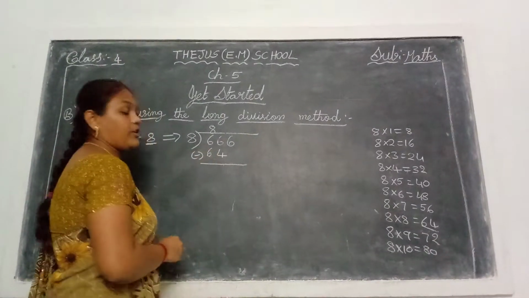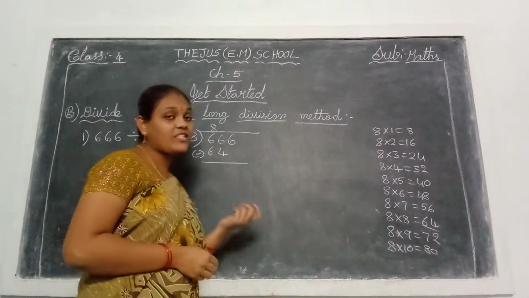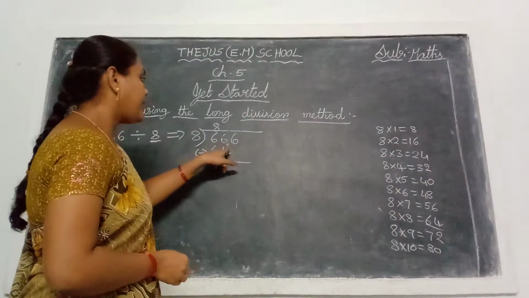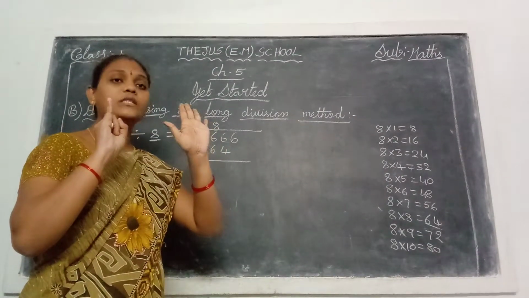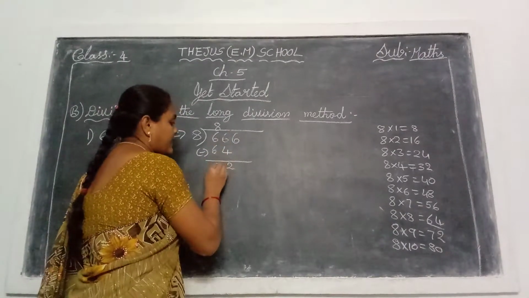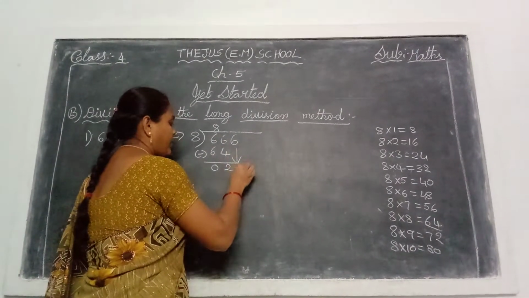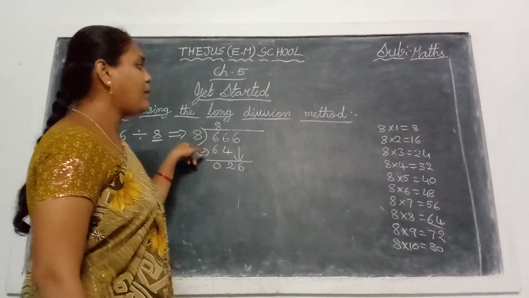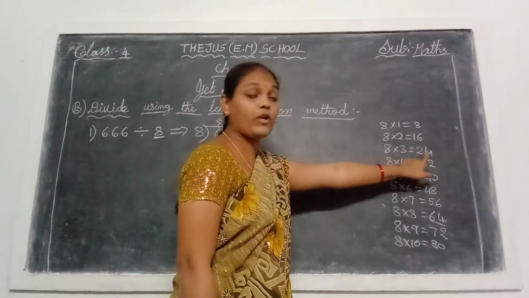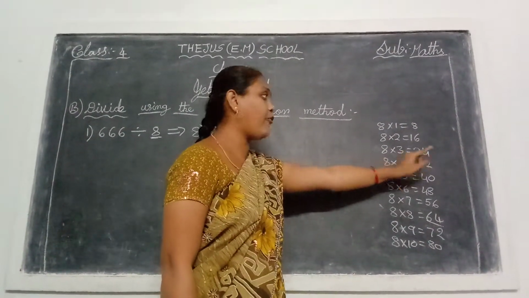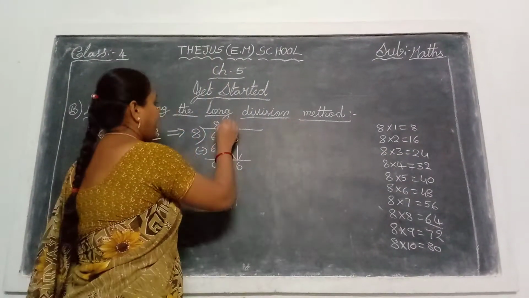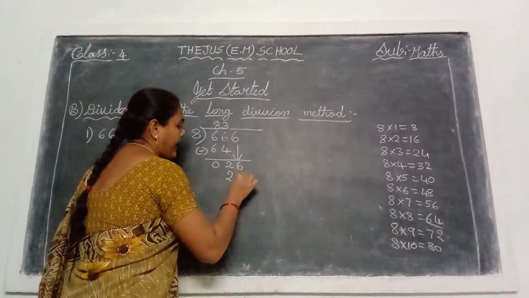Do the subtraction. Already explained that. Repeated subtraction is called division. Yes children? Now you do the subtraction. Take 6 fingers, close 4 fingers, remaining 2. And here 6 minus 6, 0. And write this 6 here. 26. So is 26 in the 8 table, children? No. So the nearest smaller number is 24. How many times in the 8 table is 24? 3 times. So you write the 3 here and 24 right here.